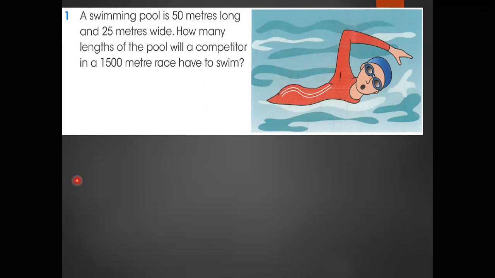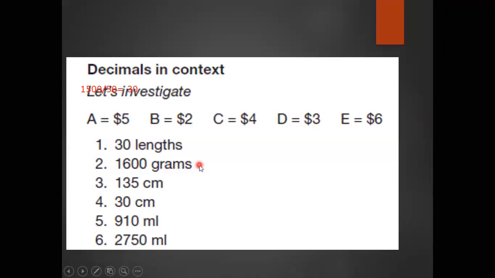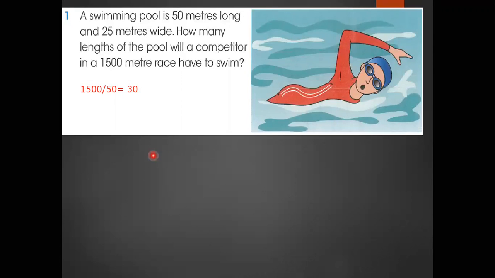He will cover 30 rounds because I divide 1500 divided by 50, that is equal to 30. Okay, he just does 30 rounds and then completes the race. Let's check this. Look here, 30 lengths. So why 30 lengths? Because we divide by 50, because he's just moving lengthwise, not widthwise. Okay, so next,